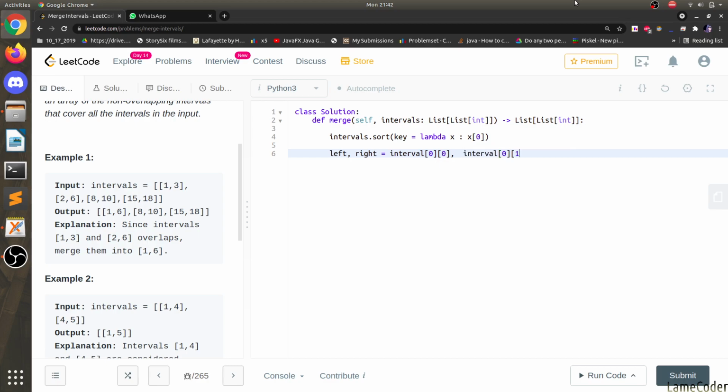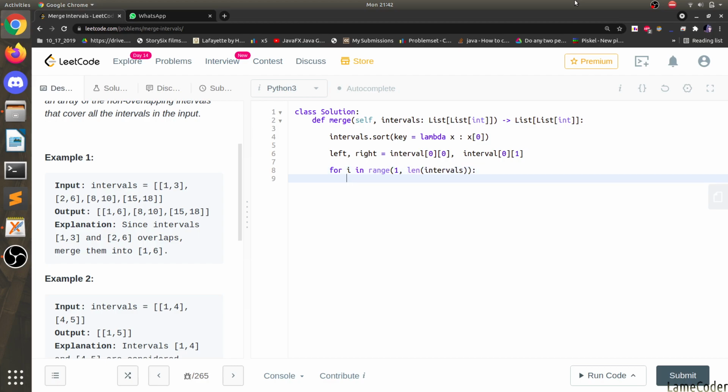We start from this. Now we will traverse the whole intervals: for i in range of length of intervals. We will start from 1 directly.